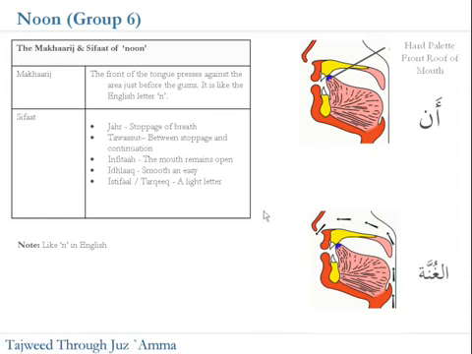Moving on to group 6, this is really where the front of the tongue is being used quite close towards the gums. The front of the tongue presses against the area just before the gums. This is not where the hard palate meets the teeth, it's just before, and this is equivalent to the English N,